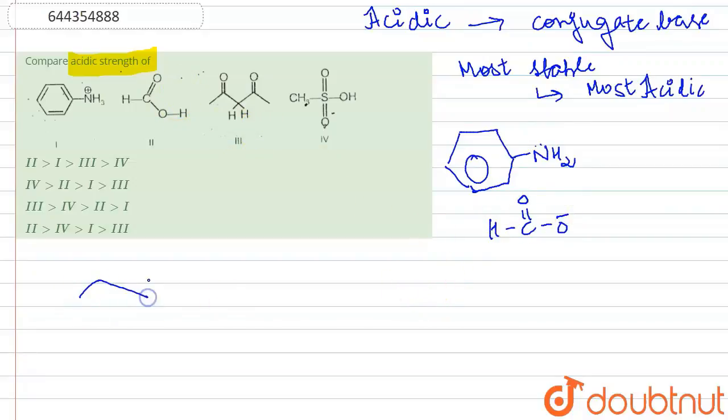Third conjugate base will be, right, by removing H plus ions. So we will have a negative charge here with one H here, right? Let me just remove this one. So this H has been removed here. So this is your conjugate base for the third compound, and the fourth compound will have a conjugate base due to the removal of H from the OH bond. So this is the conjugate base of the fourth compound.